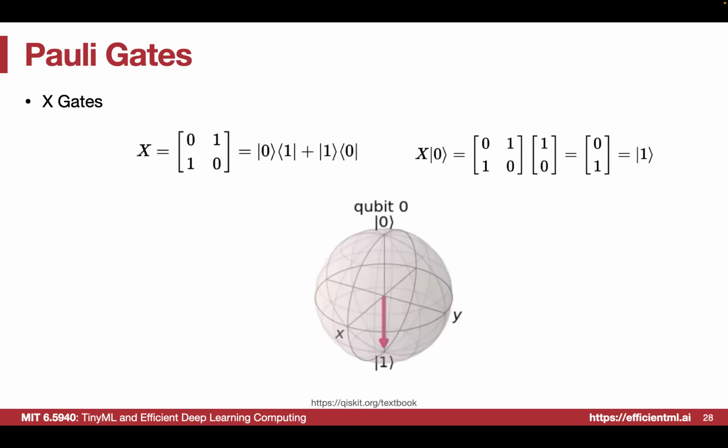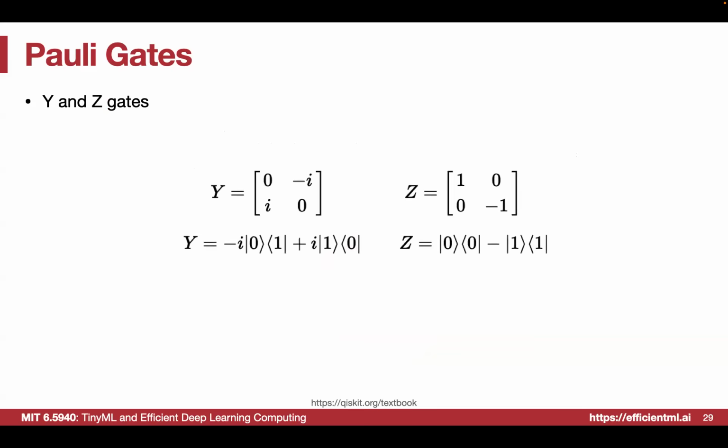So remember that (0, 1) actually represents the 1 state, right? So that's aligned with our intuition in classical computation, where we apply a NOT gate and obtain the 1 from 0. That's also similar to when we have this qubit with 0 as the initial state here, and if we apply a NOT, that's actually rotating 180 degrees on the Bloch sphere to the other pole, right? So that is representing the state 1.